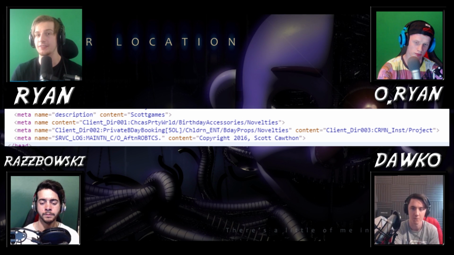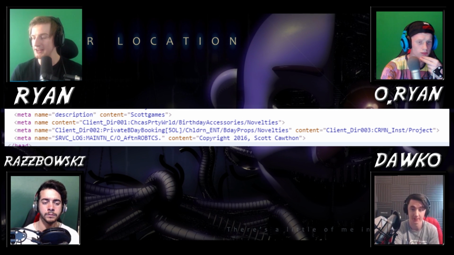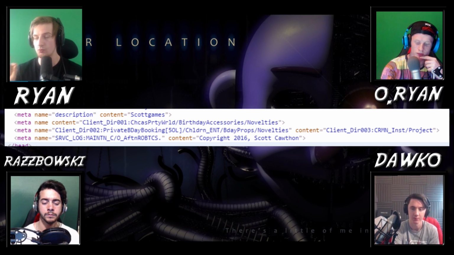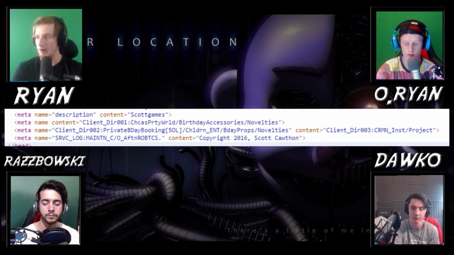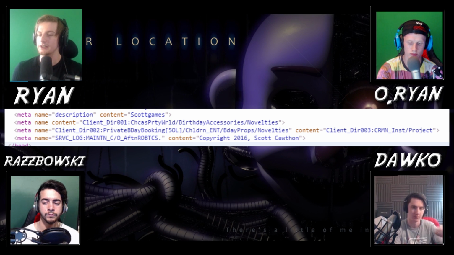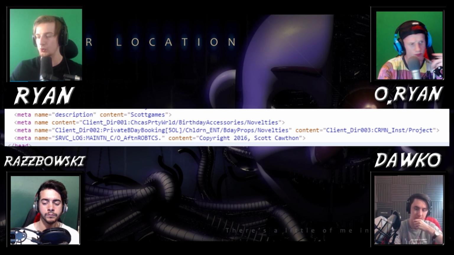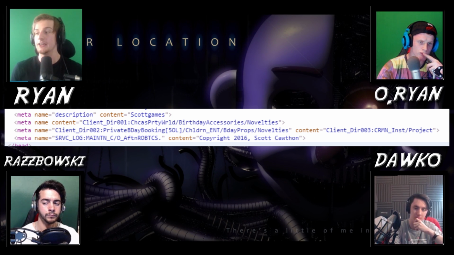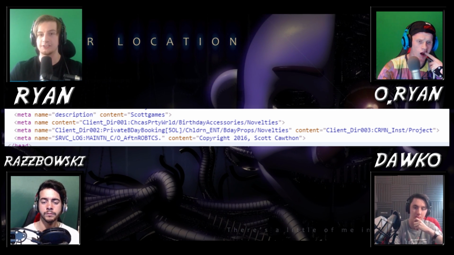So this might be an event that took place. And the thing is, at the bottom it says it's a service log. So after the 3 client directories, we have this Afton Robotics kind of sign-off potentially, which might, for me, reference the fact that whilst there is a Chica's Party World in FNAF 3, it closely entwines the fact that Afton Robotics also created the Chica, Freddy, Bonnie, Foxy from the previous establishments,